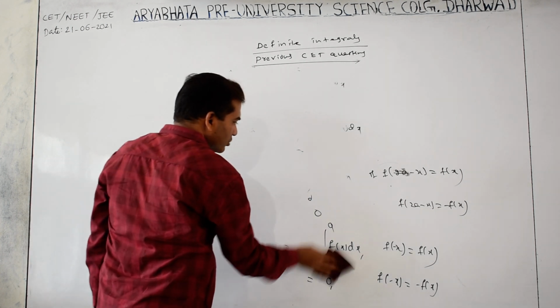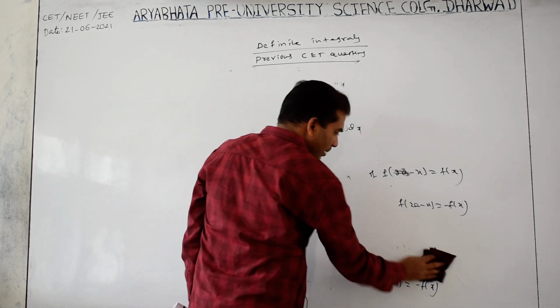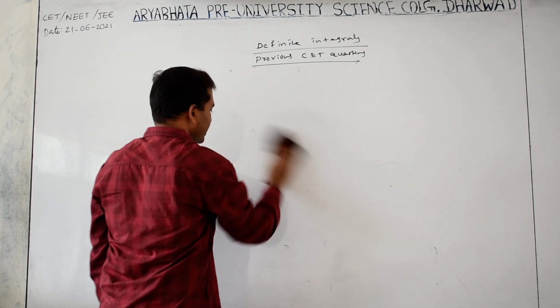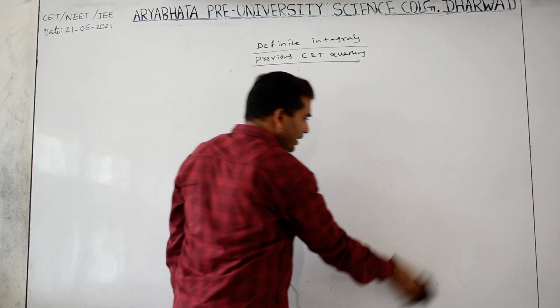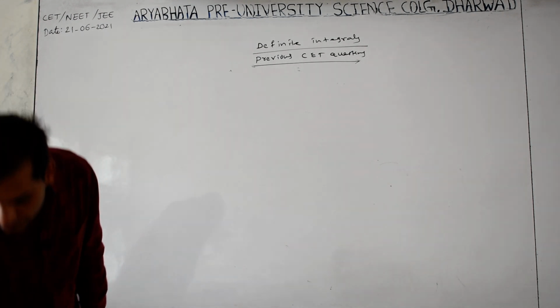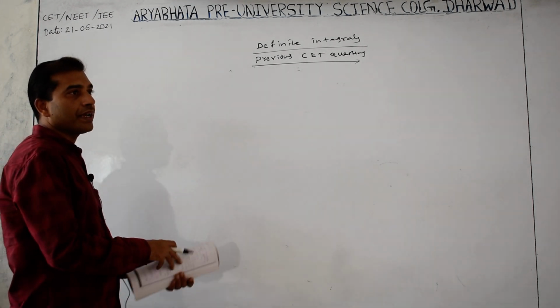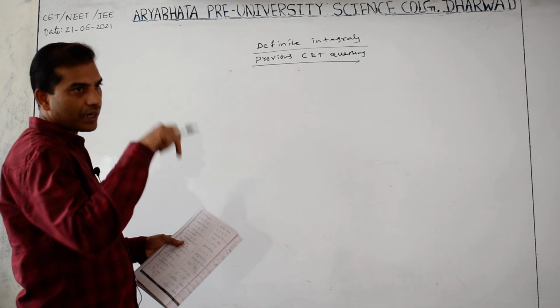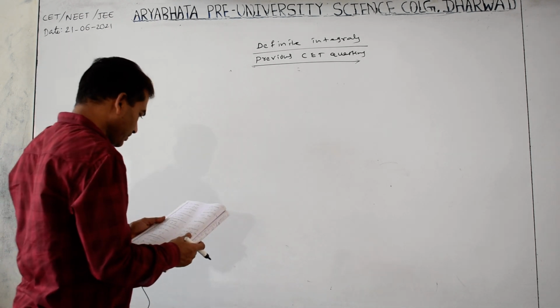By solving the previous CET questions you come to know the importance of the standard results and the properties. When it is a special function, we should eliminate mod x and step x. We should find at what points it is changing, and there we should write the particular intervals.